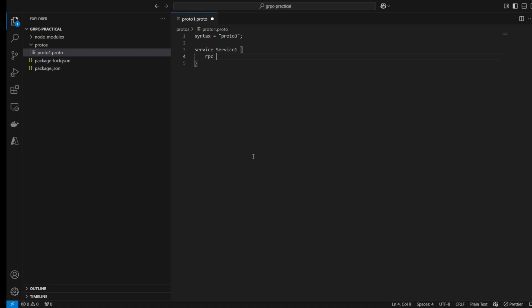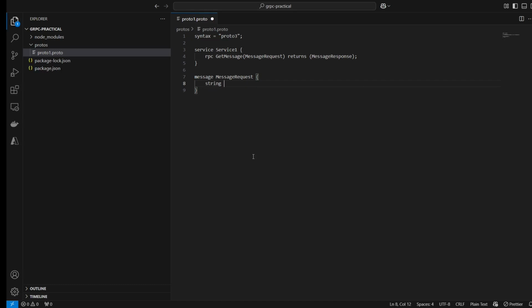So we would be defining the get method: rpc GetMessage, and we would be giving it a type like MessageRequest, which we would be defining later, and it would return MessageResponse. So we would be defining both the MessageRequest and MessageResponse and the get method within the service. Now we have to define this MessageRequest, and we would be defining the fields that would be taken as an input from the message.